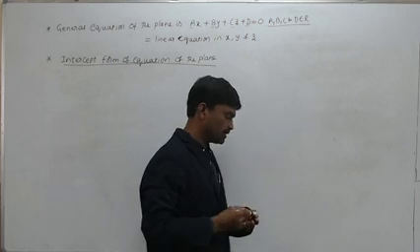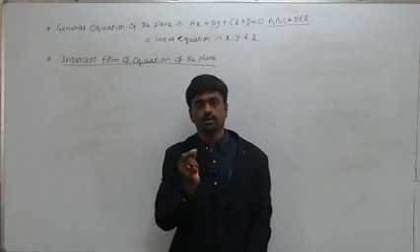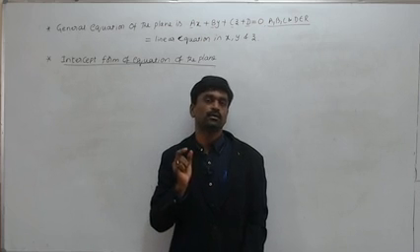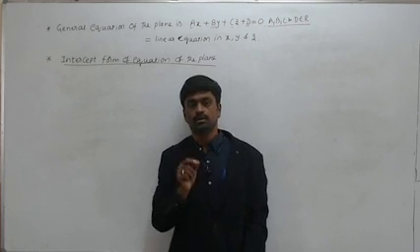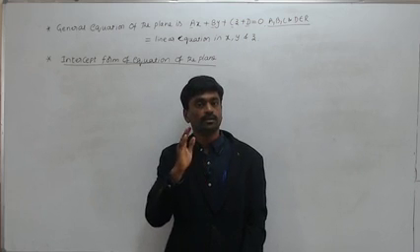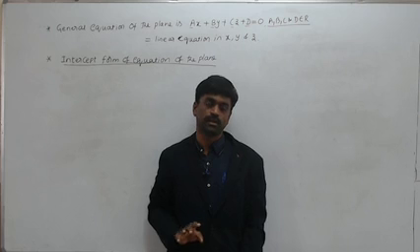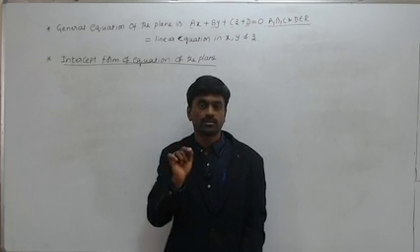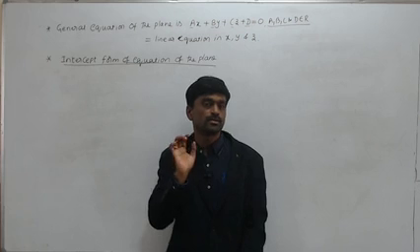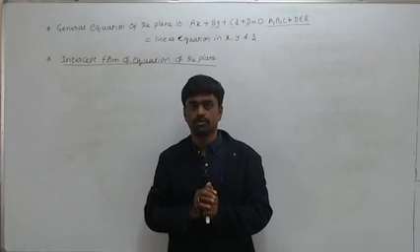So just like in two-dimensional geometry for a straight line, we denote small a and small b for what? X-intercept of the line, y-intercept of the line. So if a is the x-intercept of the line, then that line intersects the x-axis at the point (a, 0). And b is the y-intercept of the line, then the line intersects the y-axis at the point (0, b). In the same way, now we come to three-dimensional geometry.